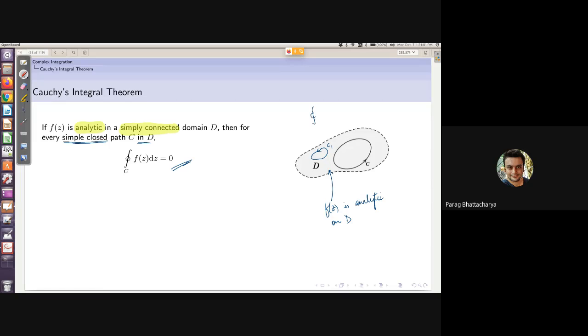So if I ask you to find the closed loop integral of the very same function over this new curve, that also will be 0. Now suppose I take another new path which looks like this. This path I call C2. Now is the same thing applicable here also? Can we say that the closed loop integral over C2 of f of z dz is also equal to 0? What do you think?